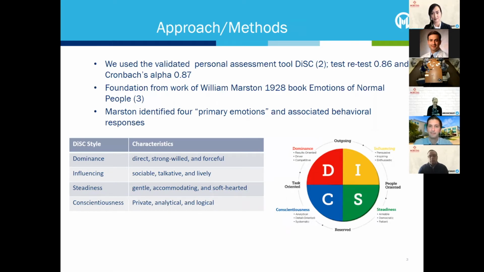With the help of Gabriella Harmon in the Moffitt Organizational Development Department, we identified the DiSC Assessment Tool. This tool is based on the work of psychologist William Marston. Marston identified 4 primary emotions or behavioral styles associated with behavioral responses. These 4 styles are: 1, dominance, characterized by direct, strong-willed, and forceful; influencing, characterized by being sociable, talkative, and lively;